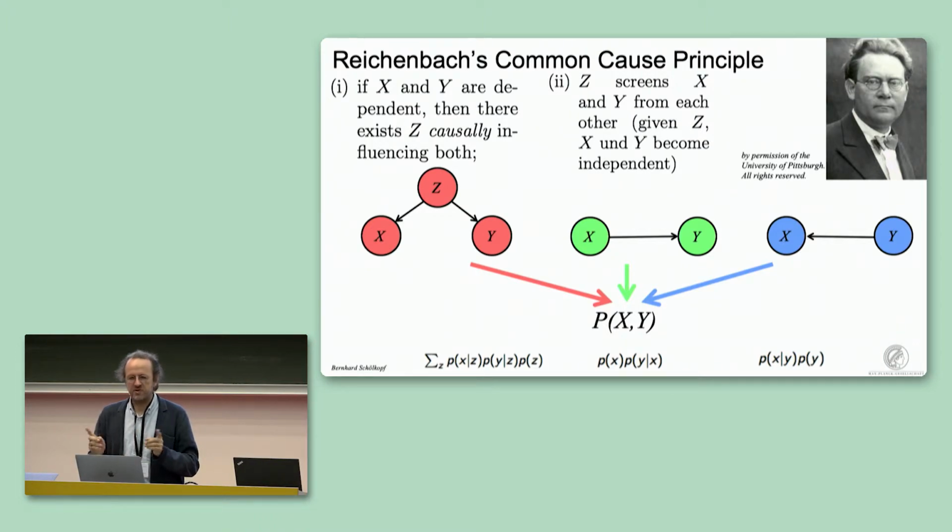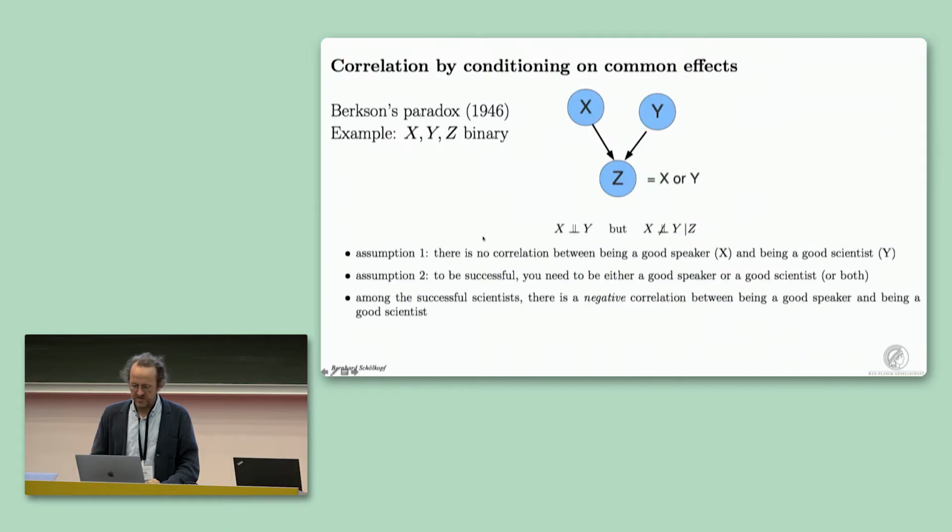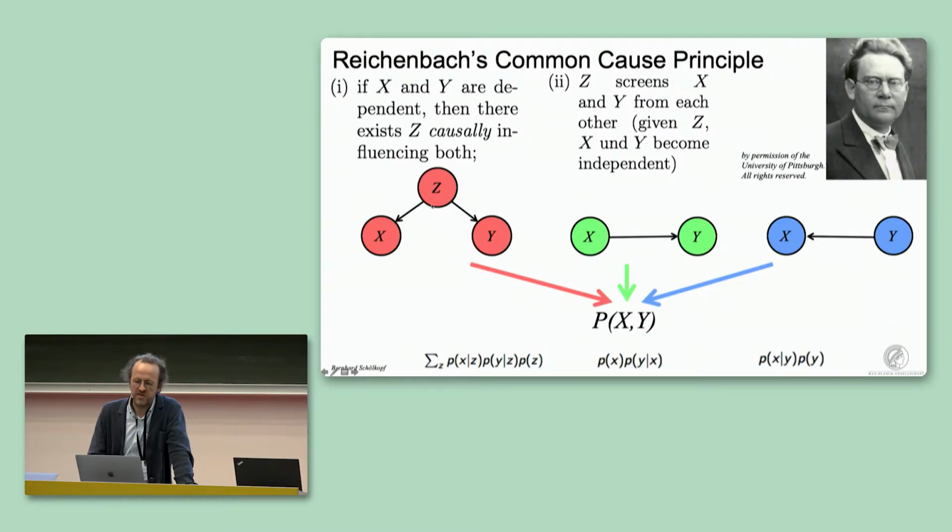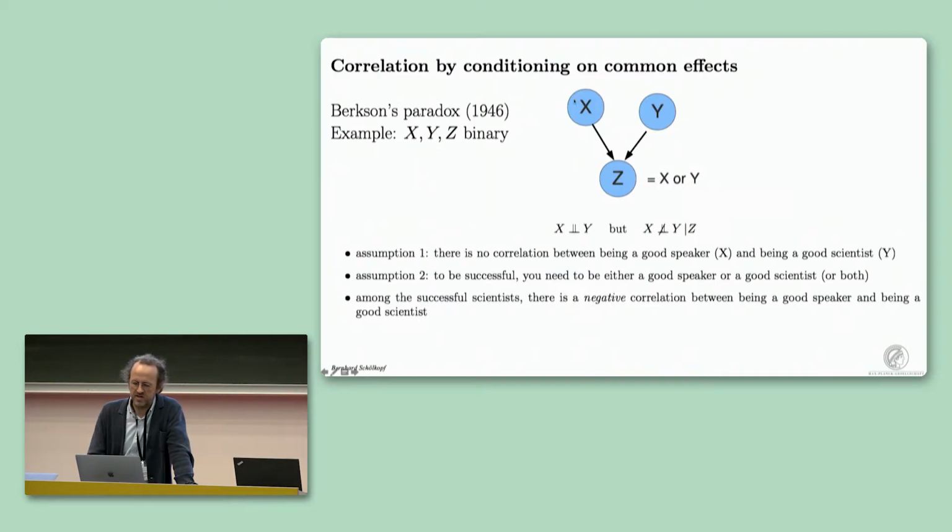Now, maybe I should very briefly mention, here we have a graph where the confounder has arrows to X and Y. There's also an interesting setting where the arrows from X and Y are pointing to Z. And this is Berkson's paradox. Here we have two correlated things that become independent by conditioning on a third variable. Here we start with two uncorrelated or independent things which become dependent by conditioning on a third variable, a joint effect. And I think it's just important to know that this also can happen.